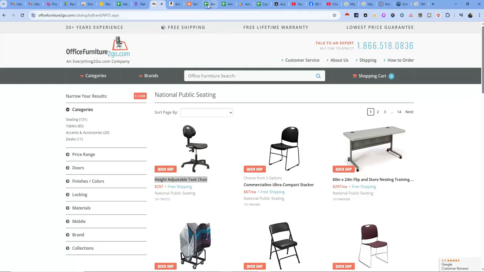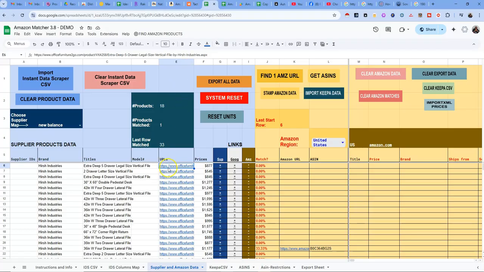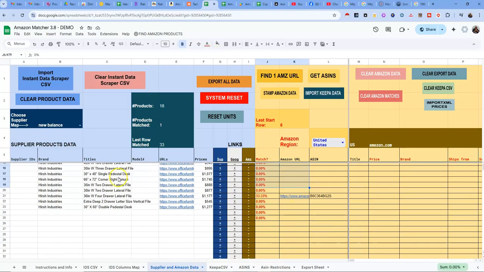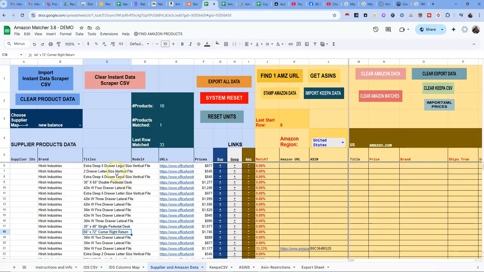The Amazon Matcher is what I've been using now for a few years. It's a sheet I created a few years ago. For some suppliers, it gives great results, but for others, such as this one, for whatever reason, when it searches these titles on search engines, somehow they're not driving the results through to the sheet that are needed to find the Amazon ASINs. Okay, so